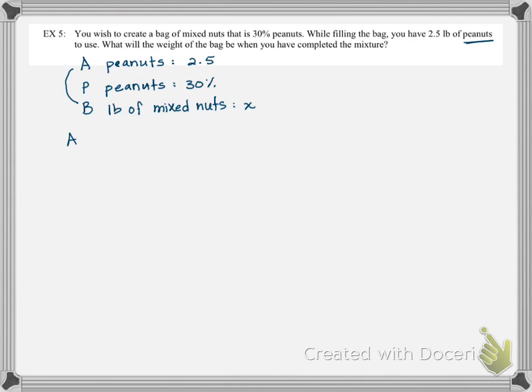So we have A equals P times B, which means 2.5 equals 0.3 times X. So X equals, oh, that's an annoying number, but what is it? It's like 8.3. We'll just round it to 8.3. So 8.3 pounds of mixed